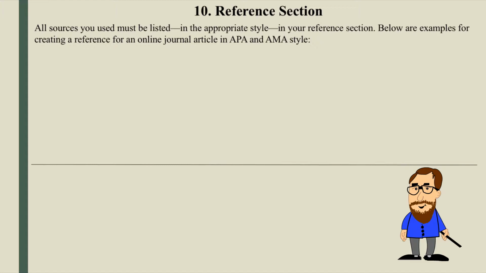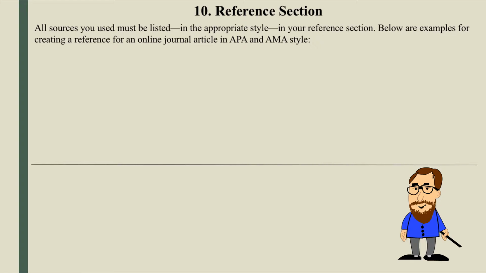Each style, though, has a very strict format for how sources should be cited, what should be cited, and how each detail should look. So you need to pay attention to this. And regardless of style, most reference citations will ask for some of the same things, be it author, publication year, title, page numbers, source of publication, those sorts of things. So take note of these details as you read and review your sources,